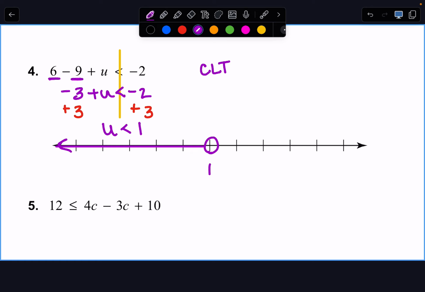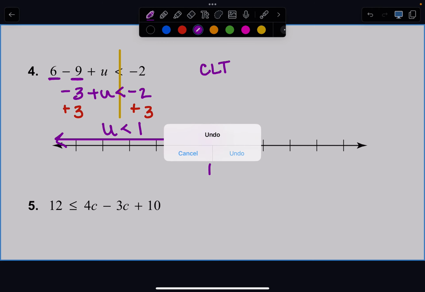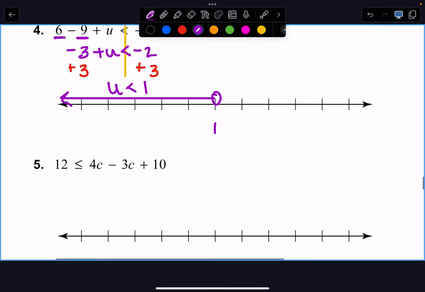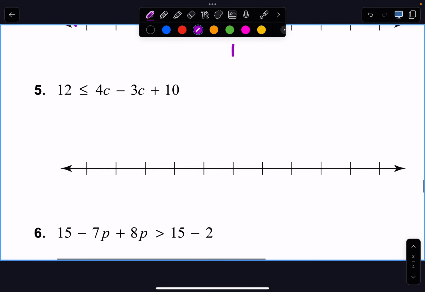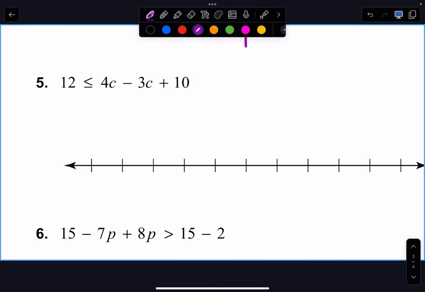Can you write above the number line? Yeah, that's what I do. So, you put the circle above the tallies and then draw a line. Like that. Yes, that is perfectly fine. Yep. Okay. All right, so in number 5,